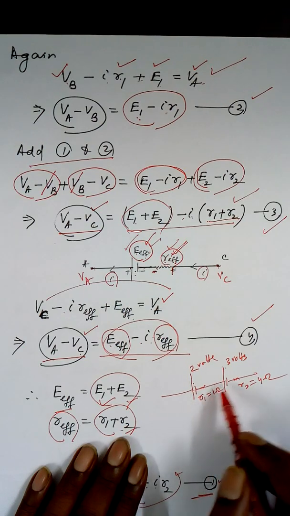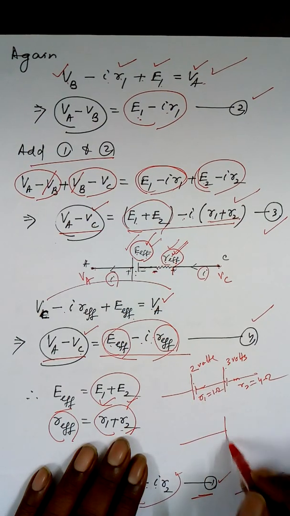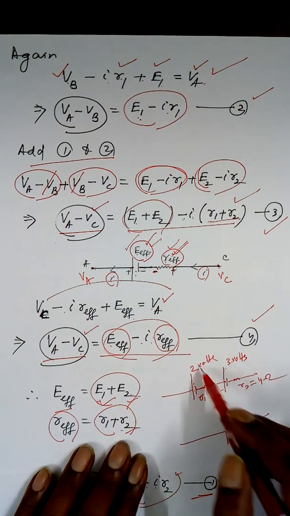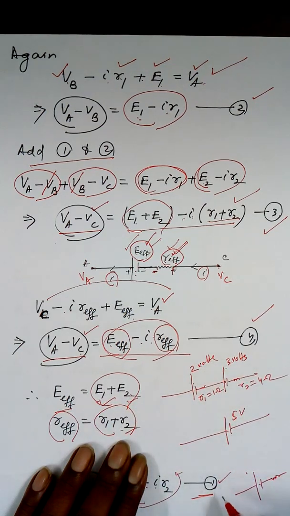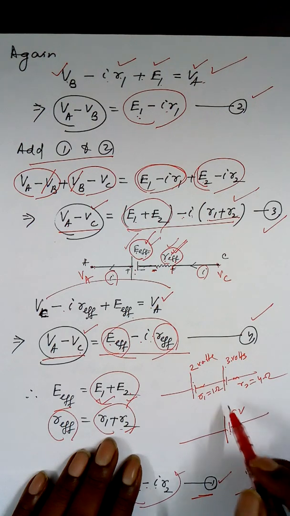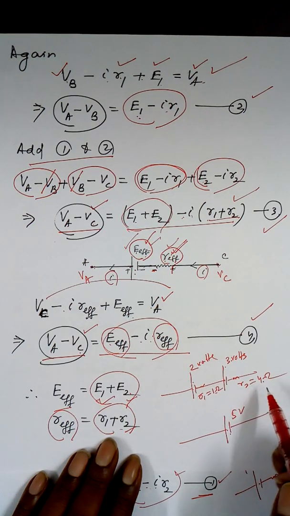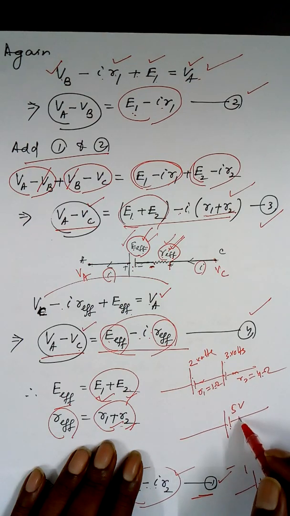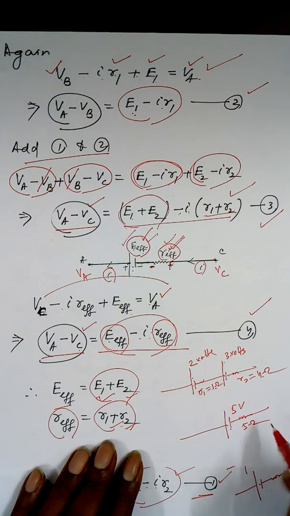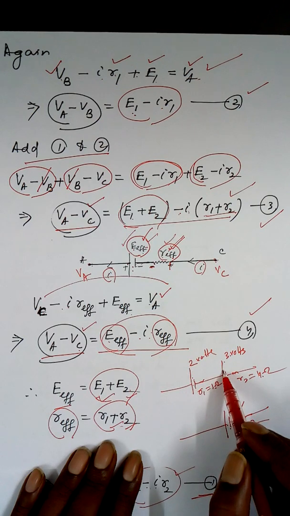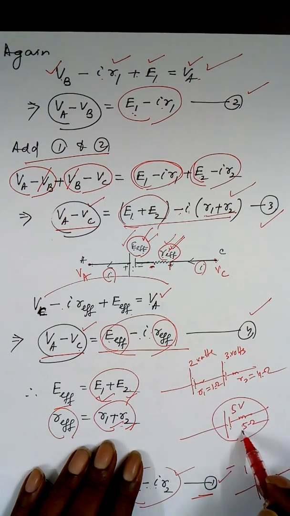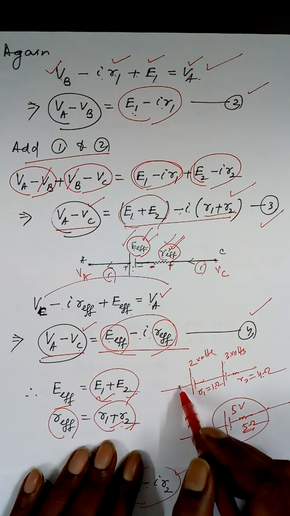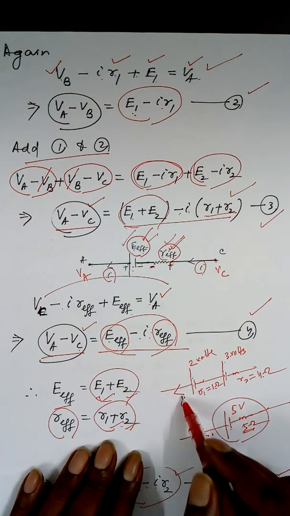Then you can replace these two by a single one whose EMF should be E1 plus E2, that is 3 plus 2, 5 volts, and the internal resistance should be R1 plus R2, that is 4 plus 1, 5 ohm. So if you replace these two by this battery having this internal resistance, it will allow the same current I as the I here, the same I will be